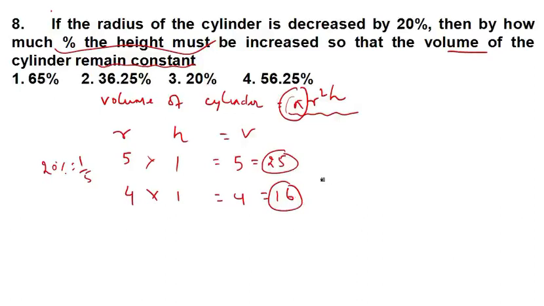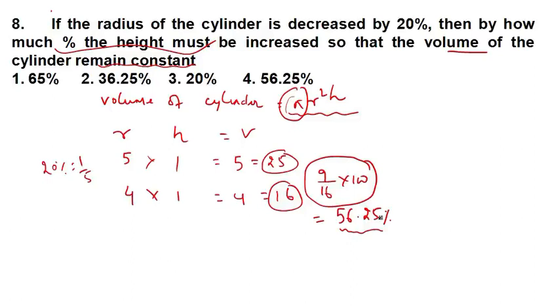So by how much you have to increase? You have to increase by 9. On which number? On 16 into 100. So what is the percentage value of 1 by 16? It is 6.25, that is 6 1 by 4. If you multiply with 9, you get the answer as 56.25%. This I want you to do by yourself. I'll tell you 1 by 16 percentage value is 6 1 by 4. Then you just multiply with this 9, then you get 56.25%.